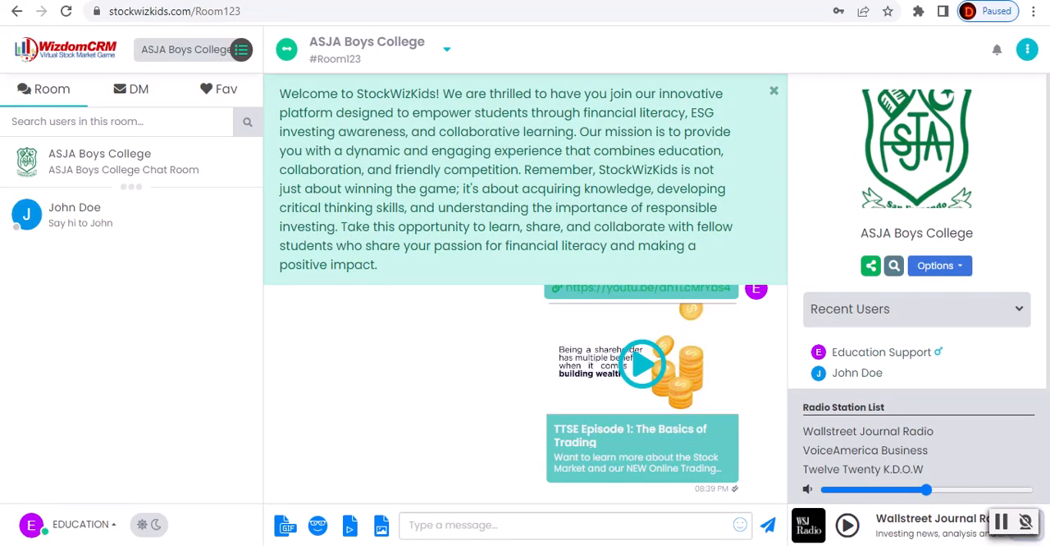There are other aspects of the program we would like to touch on, like our social hub platform, integrated with Wall Street Journal, Bloomberg, and Voice America, that give the students